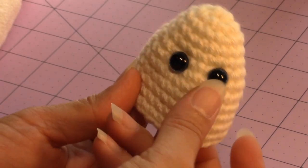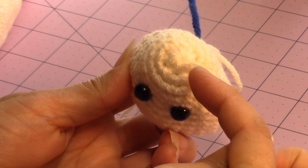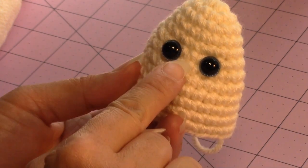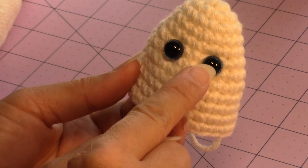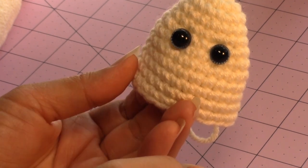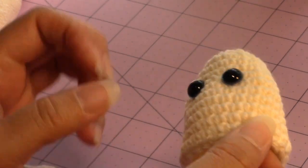So now you can place your safety doll eyes, and I use the magic circle on top as a landmark, and then you're just going to count down 1, 2, 3, 4. So on the 5th round is where you place your safety doll eye. The top of the safety doll eye will be just under the 4th round. And I have 2 stitches between my safety doll eyes. Once you're happy with the placement of your safety doll eyes,